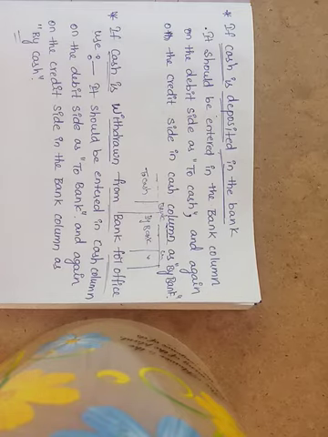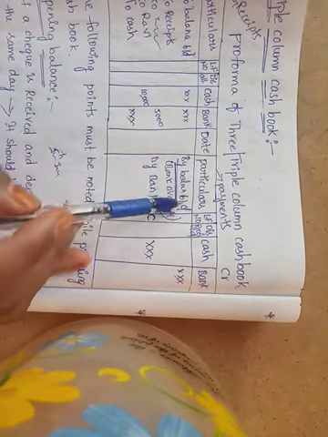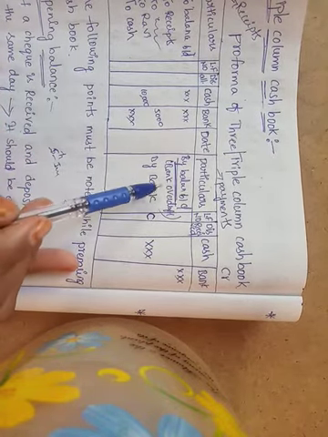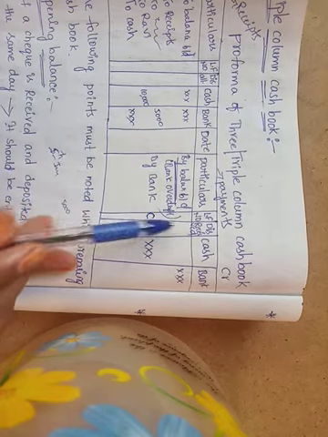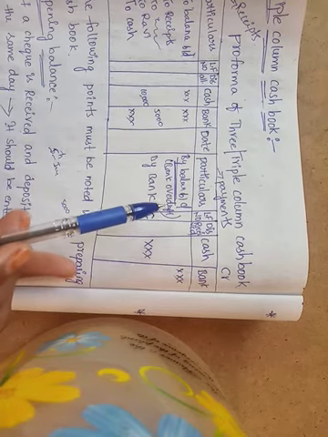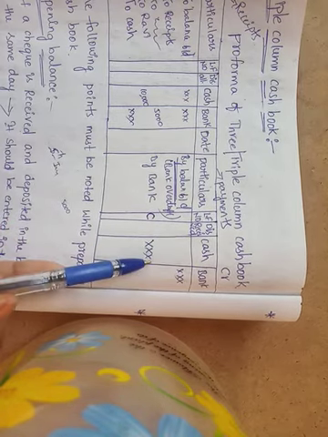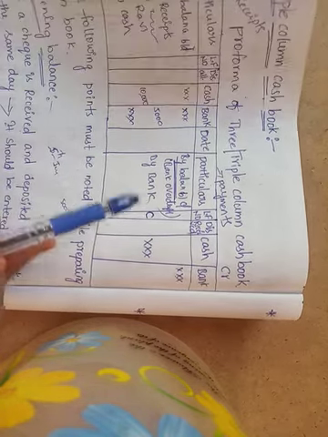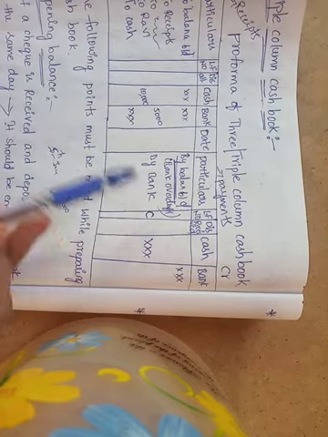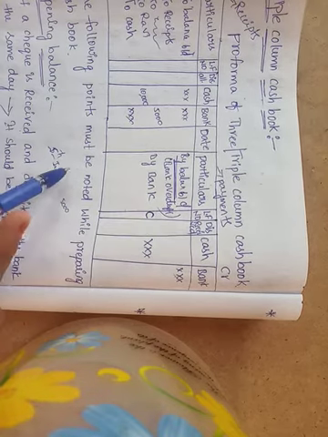Next is all payments, where will they be recorded? All payments are entered on the credit side, such as cash payments in the cash column and payments through check in the bank column. Suppose any payment is made through check, then you have to write that amount in the bank column. If any discount is received while making that cash or bank payment, then it should be entered in the discount column on the credit side.